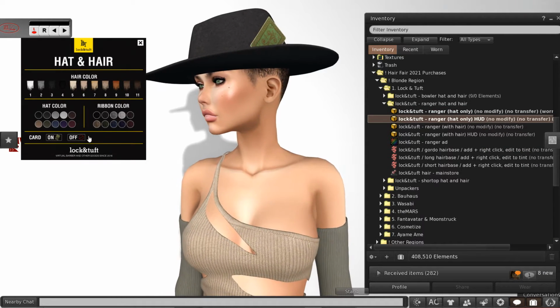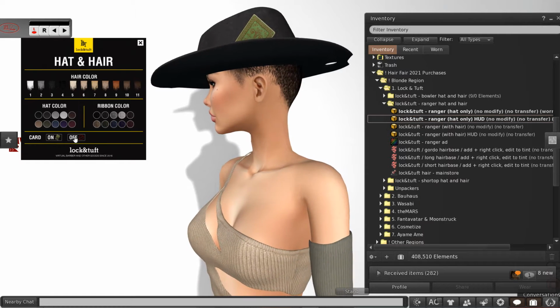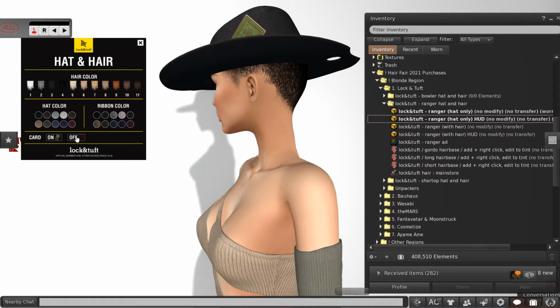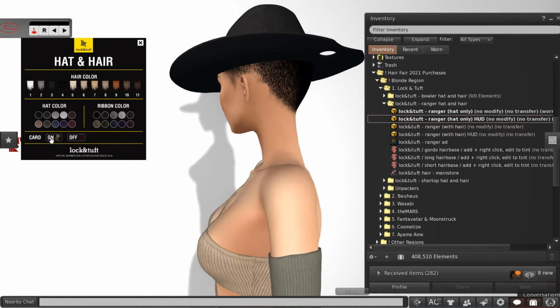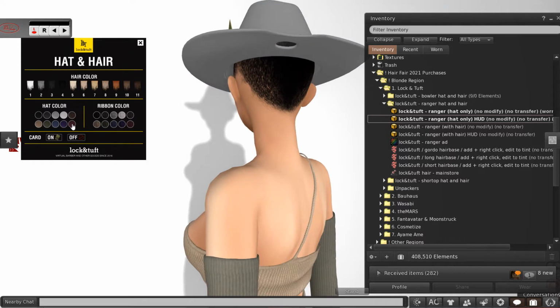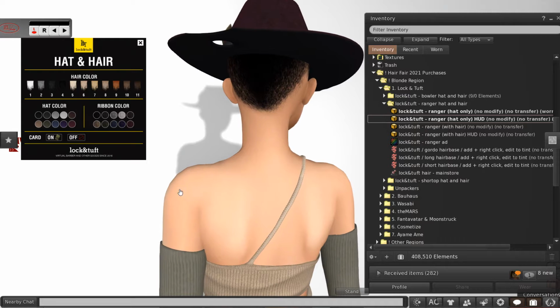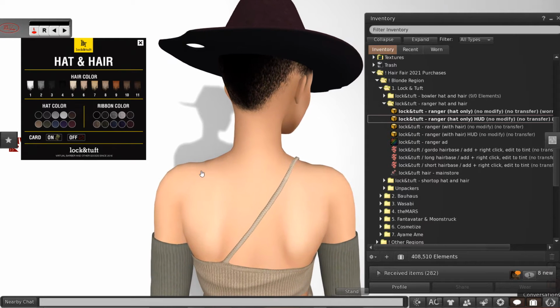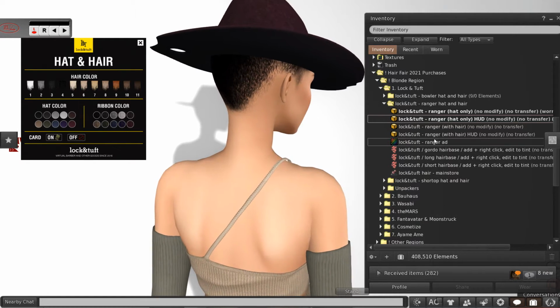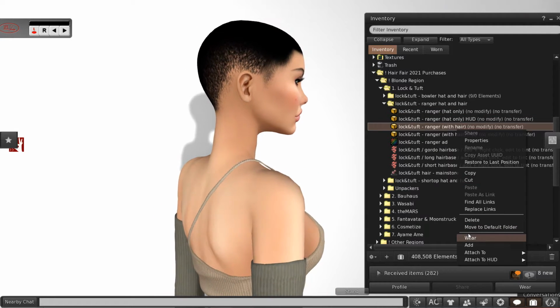It's really good. Okay, so you can turn off the card on the side if you don't want to have that Doc Holliday look. Sorry, the HUD's got to kick in a little bit. There we go. And you've got the different hat colors like we went through before. It's great. I love this hole at the back. I'm hoping that's not a bullet hole, because that would be uncomfortable. Great style. Then you've got the Ranger hat with the hair,